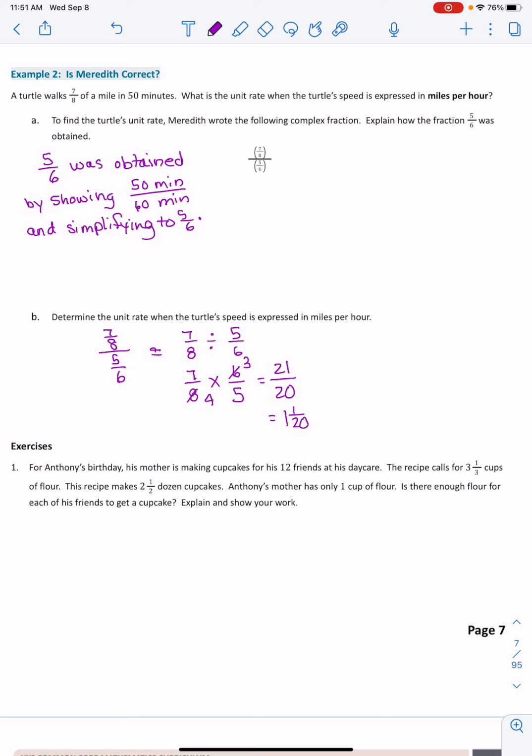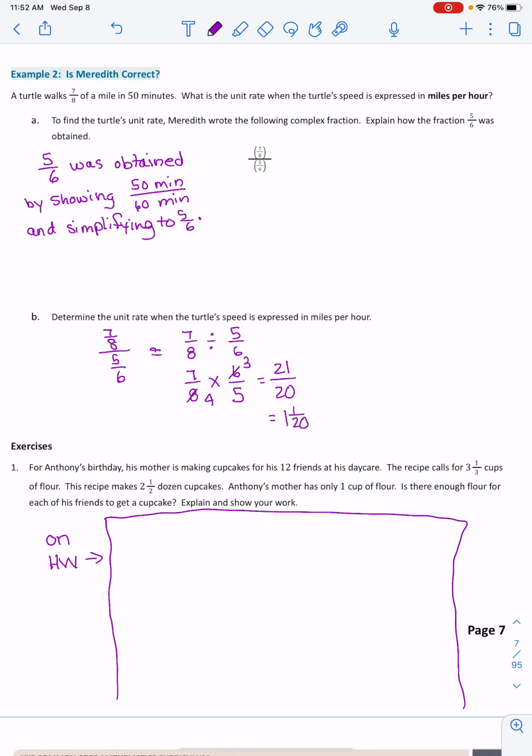So now our exercises, and this is how I want you to do your homework. So on homework, let's make a nice box here. Okay. It says, for Anthony's birthday, his mother is making cupcakes for his 12 friends at his daycare. The recipe calls for 3 1/3 cups of flour. His recipe makes 2.5 dozen cupcakes. Anthony's mother only has 1 cup of flour. Is there enough flour for his friends to make